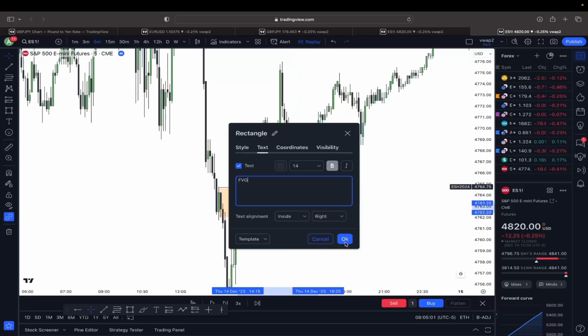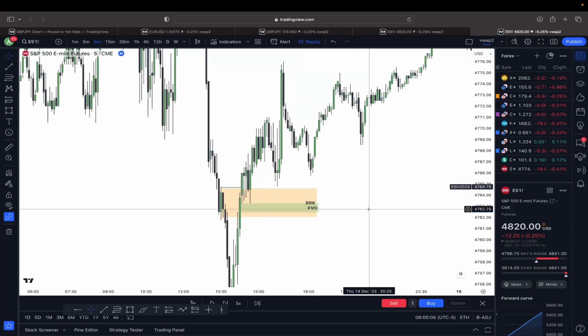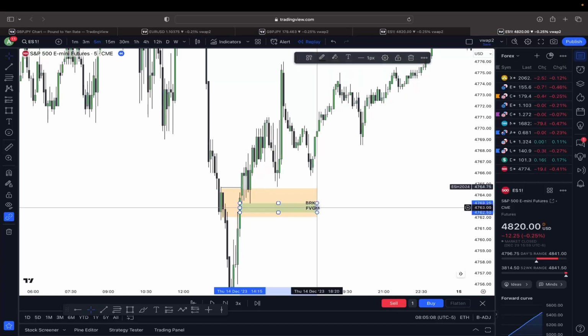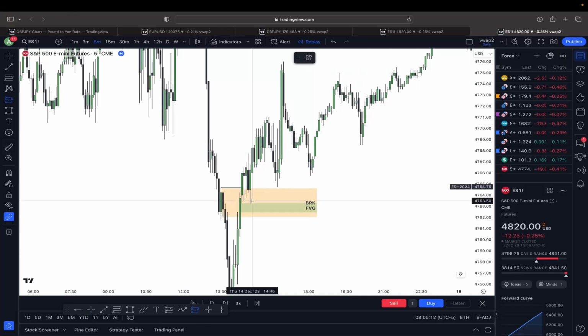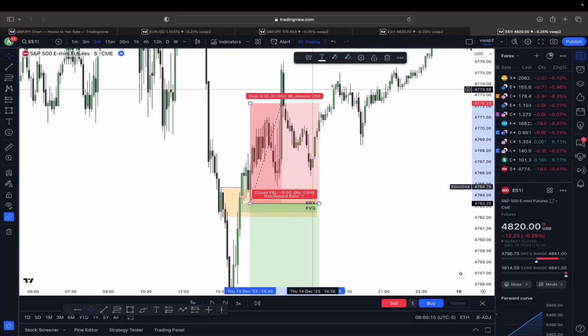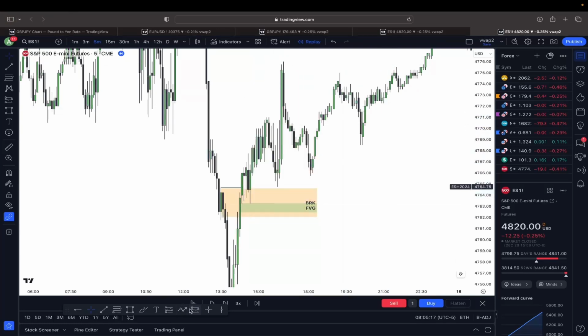So we've got our FVG and we've got our breaker block, and these are aligned. So we wait for the retracement into the overlap of the breaker block and the fair value gap. Sorry, wrong one. And we put our buy